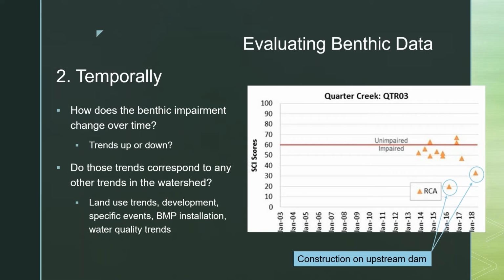And then, are there other trends within the watershed? Land use trends: how has land use changed over time? Or specific events. Here's an example. The one on the right here was from a study we did in the North Fork Rivanna. There were 2 really low benthic scores